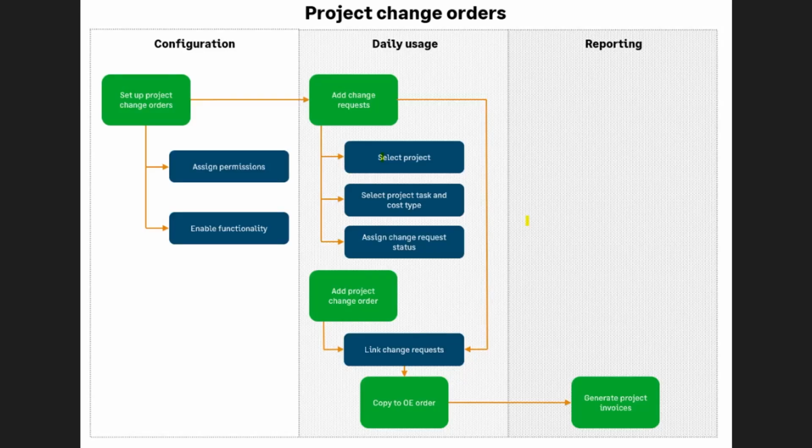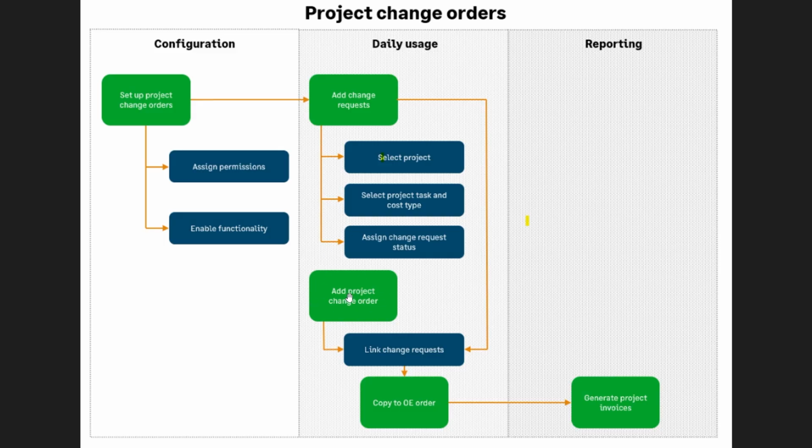In our last video, we walked through how to enter a change request in Sage Intacct. Now it's time for the next step, issuing a project change order. A project change order groups together one or more change requests, summarizes the total price and costs, and drives updates to your project contract lines. It also simplifies billing when multiple changes are happening on a single project. Let's walk through how to create one.